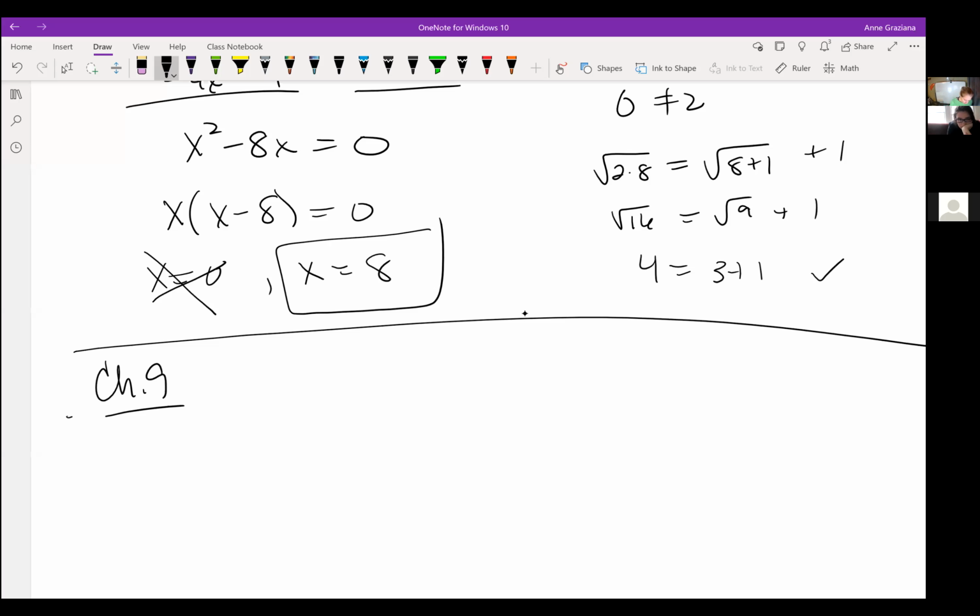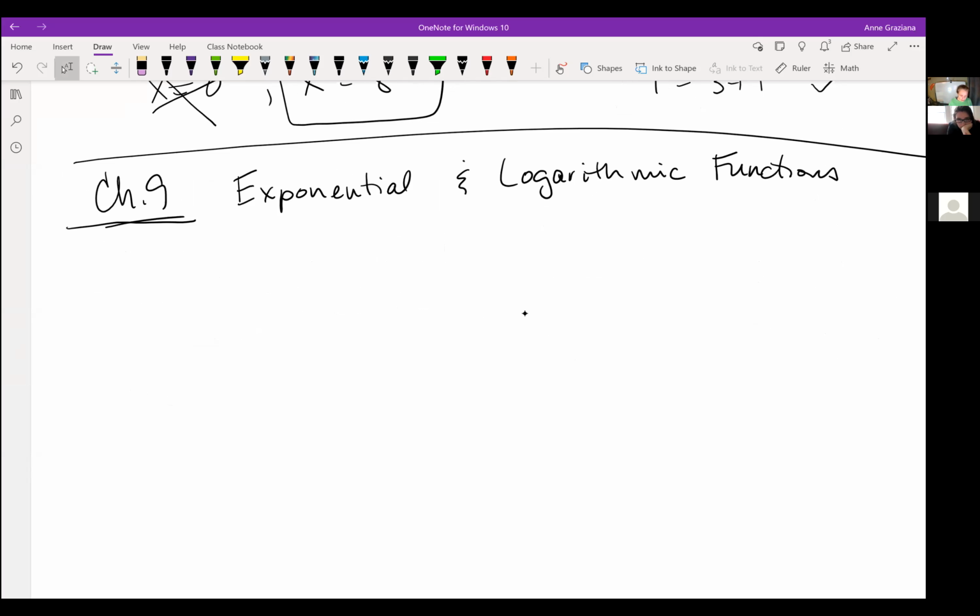Okay. All right, so this chapter, chapter 9, is on exponential and logarithmic functions, which I'll call logs because logarithmic is a little bit of a mouthful. So here's a definition. Let's first define what these are. And they're very much related to each other. In fact, we call these inverse functions of each other, which you will spend more time getting to know about in pre-calc. Okay, so an exponential function